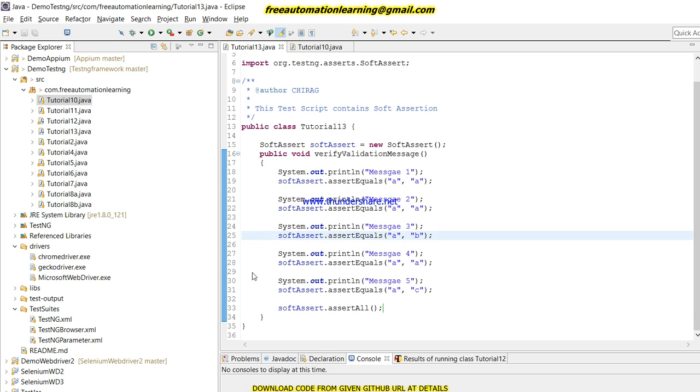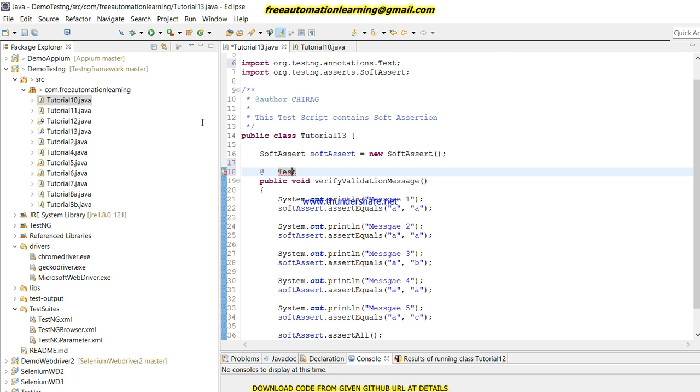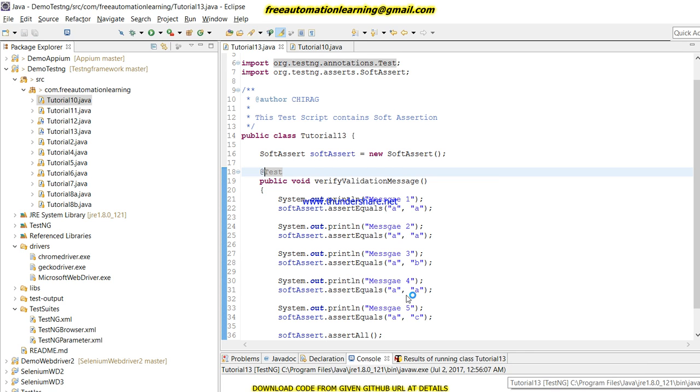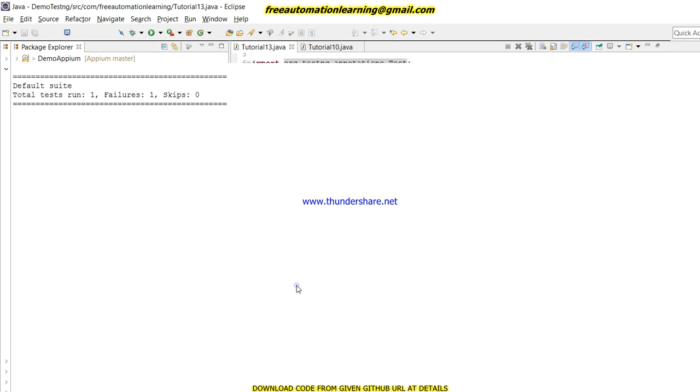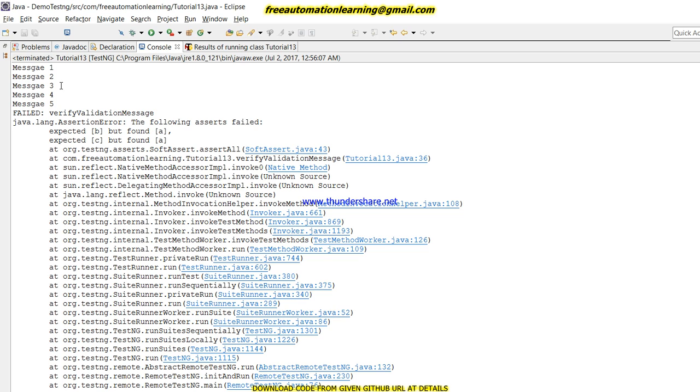So let me run this method. Before running this, I put @Test and let me run this method. You can see all 5 messages have run successfully, right?